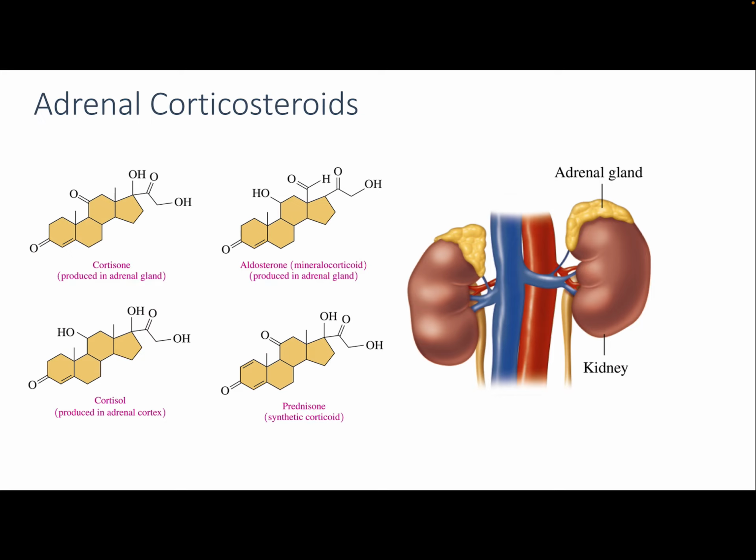So there are some adrenal corticosteroids. These are produced by the adrenal glands, which are located on top of the kidneys. This includes aldosterone. Aldosterone regulates electrolytes and water balance. So that's what these adrenal corticosteroids do: they balance electrolytes, as well as